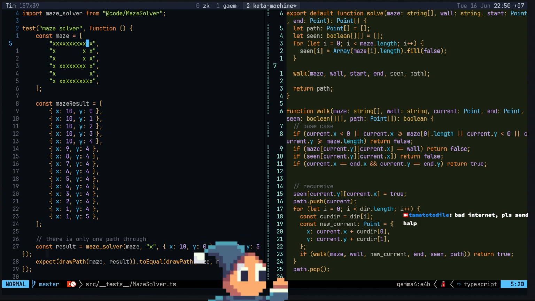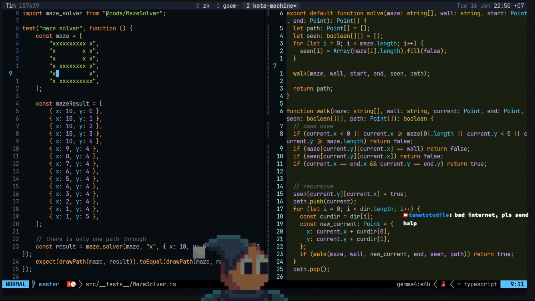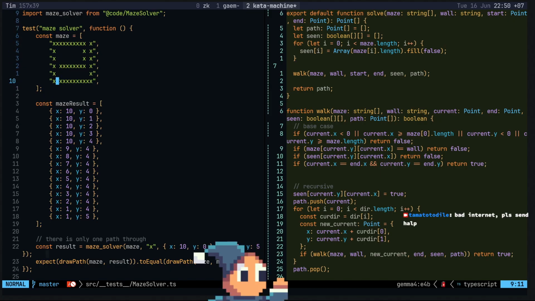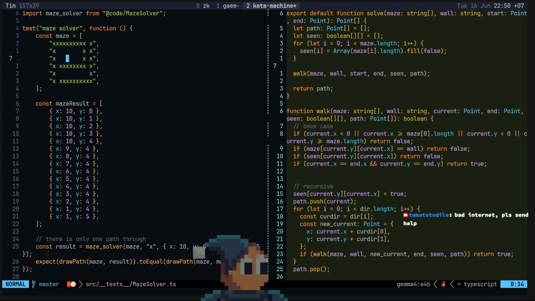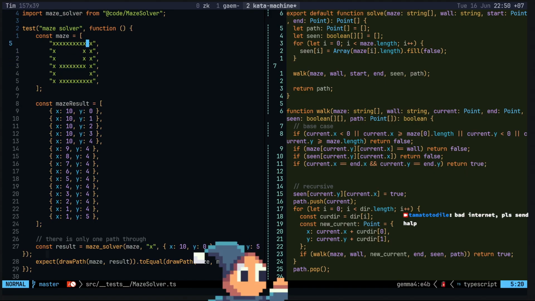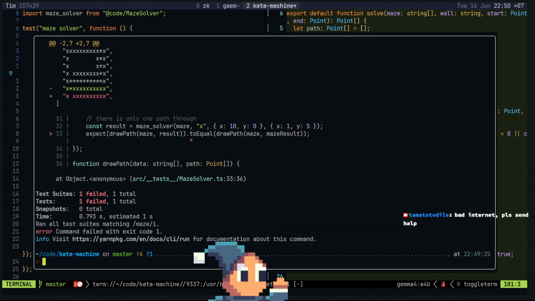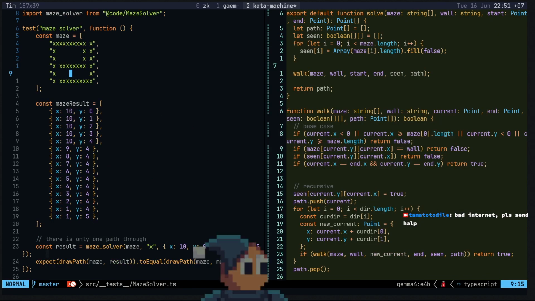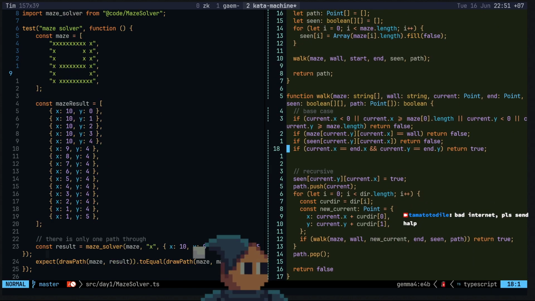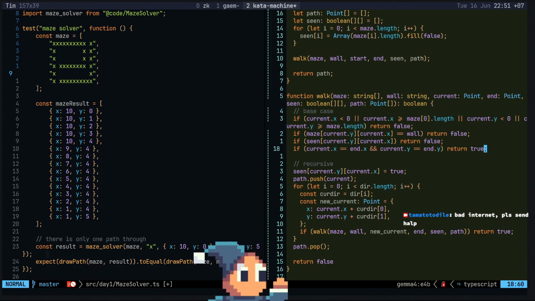Okay, so this is the start. 0, 1, 2, 3, 4, 5. So 0, 1. This is the end. This is the start. Oh, we're literally just not appending the end. Okay. Oh, that's why. Yeah, I remember this.